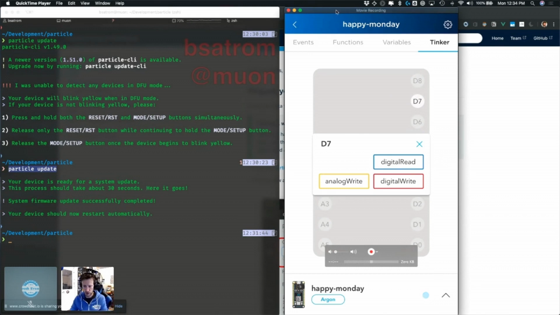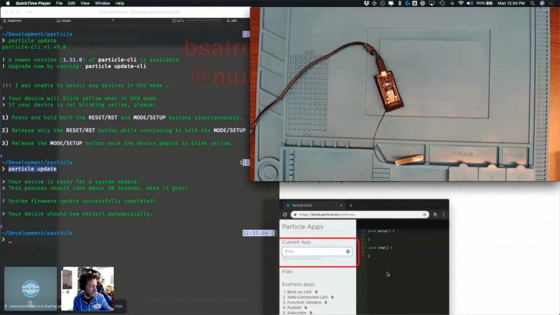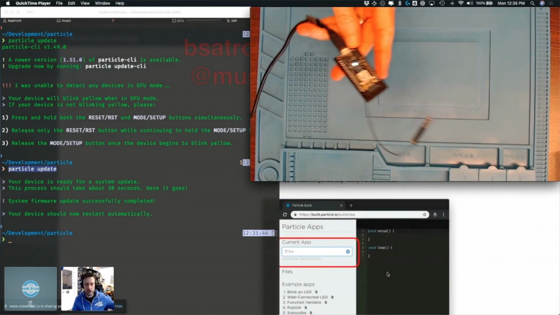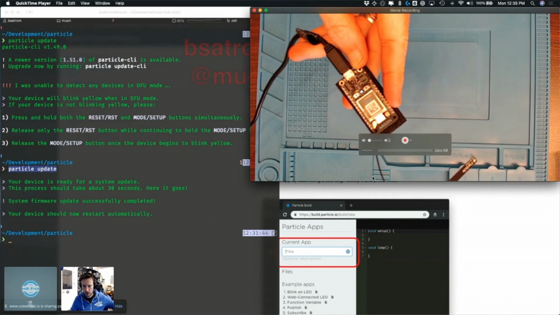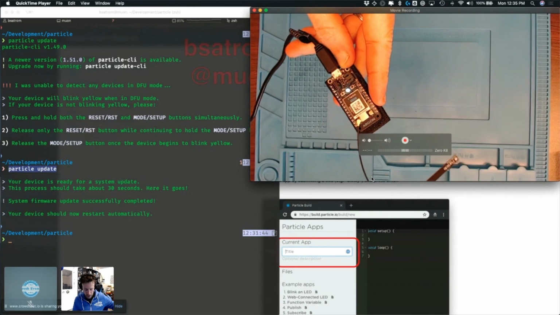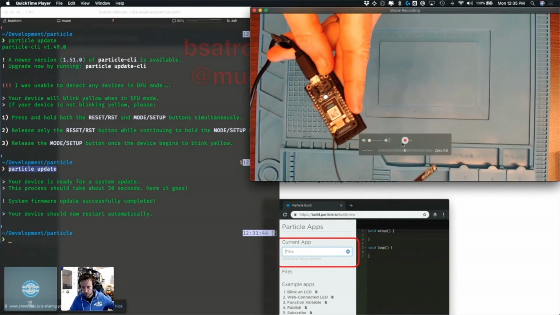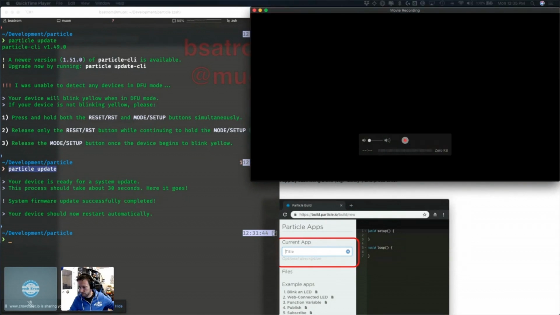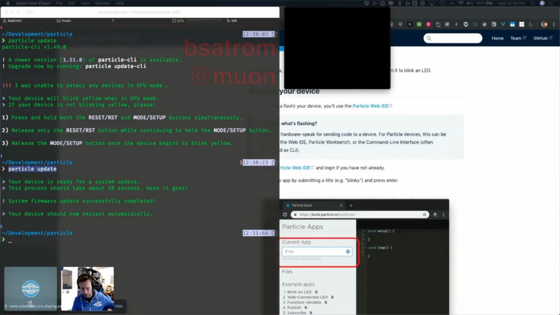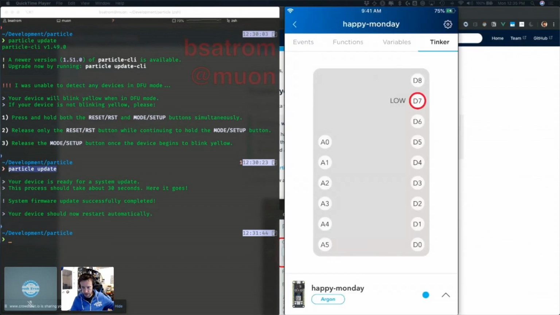And that's what we want to do, because one of the things that is true of our particle devices is that every particle device actually has a little blue LED that is wired up to the D7 pin right here at the top next to the USB connector. So if I click on digital write on the mobile app, it'll show up as low. Let me switch back to that really quickly so you can see what that looks like. So you'll see when it gets there, now I'm set as low. And if I click it again it changes to high,